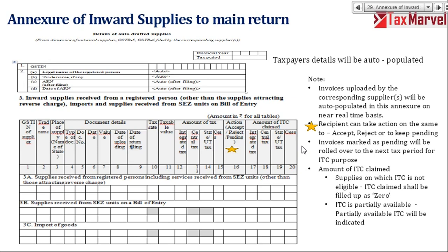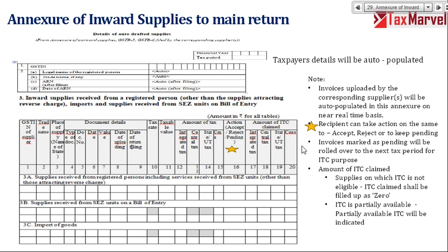So the motor vehicle agency has uploaded the invoice based on my GST number, and it is now coming into my ANX 2 as ITC. What I'll do is go to this last table and put the tax as 0000. It means though it is coming into my ANX 2, I am not claiming any credit, right?